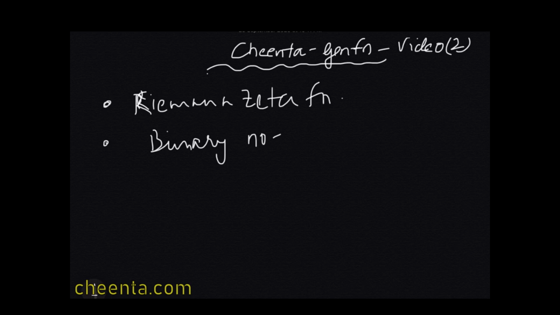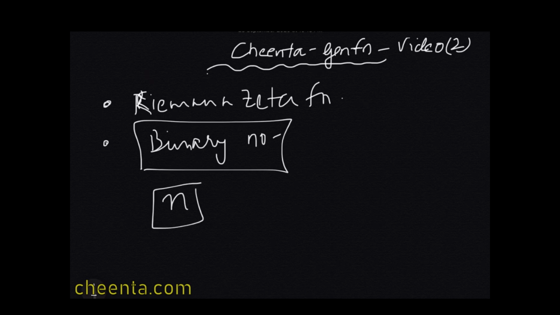So back from Chinta, this will be the continuation of the video that I had made earlier on introduction to generating functions via partitions. I left you on a note of thinking about binary numbers and certain impositions on generating functions. How do I get the point that there is a unique representation for each positive number n using binary representation? That I will tell today using the generating functions that I asked you to look at, and then extending the same idea and noticing a pattern will lead to the Riemann zeta function.